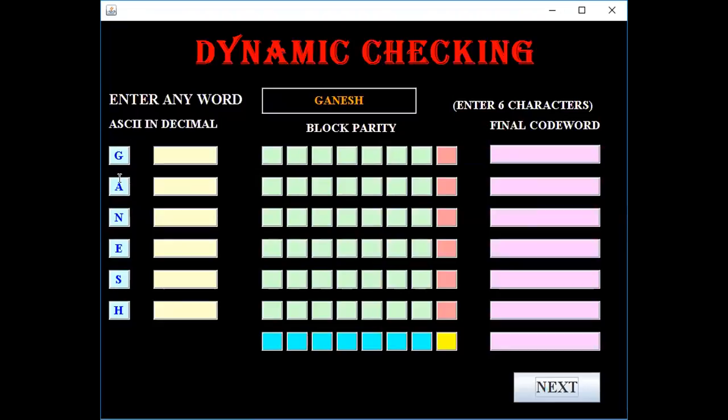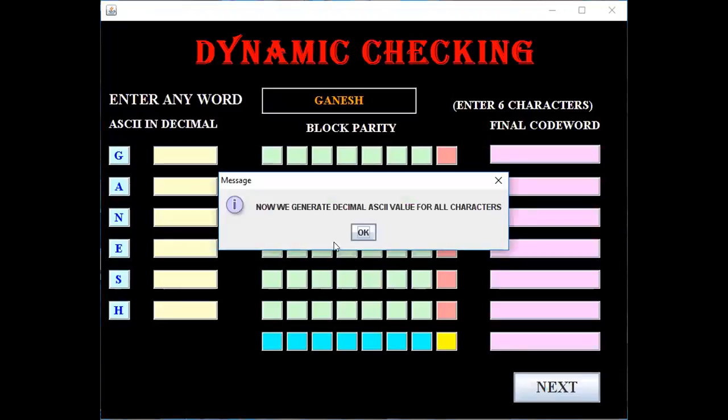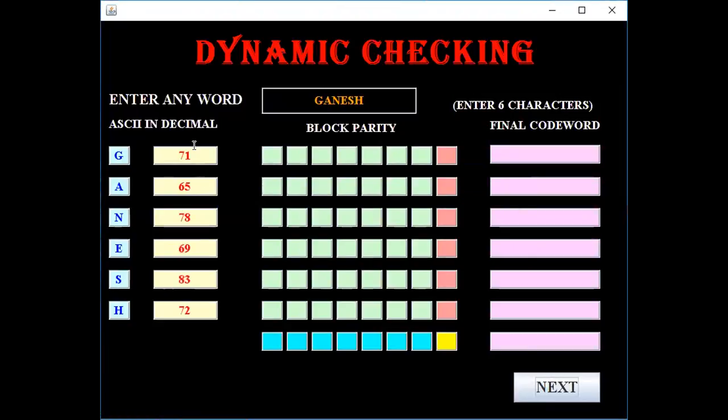So here all the characters are separated. ASCII values for all characters in decimal. So decimal ASCII for G is 71, decimal ASCII for A is 65, and so on. So now we would separate it into binary ASCII of 7 bits, and we would arrange it in the pattern of blocks. So next,